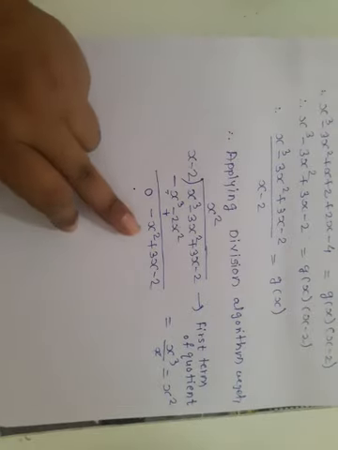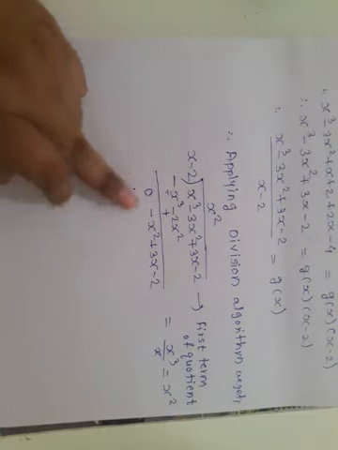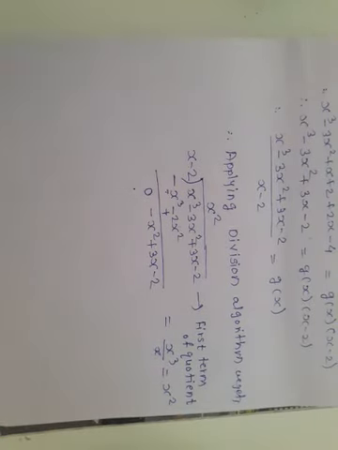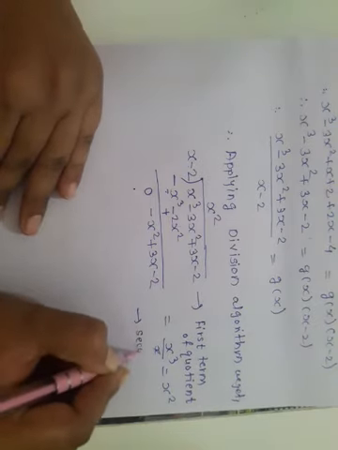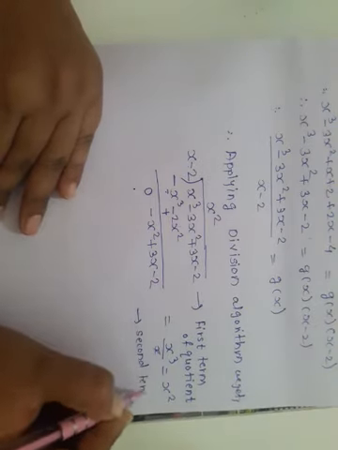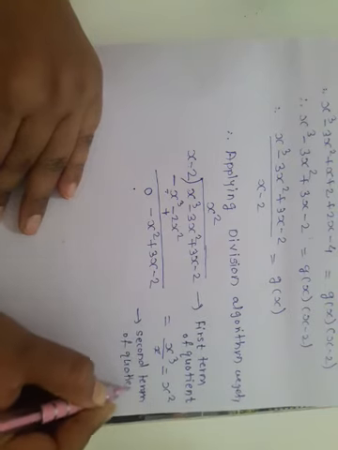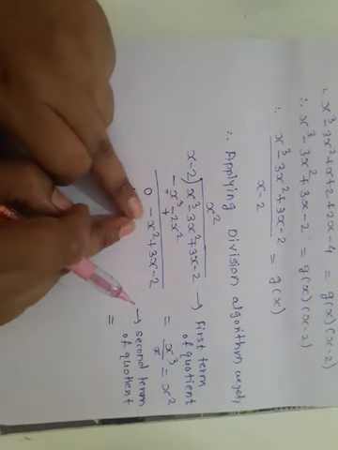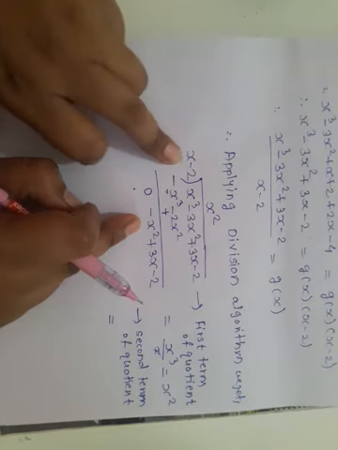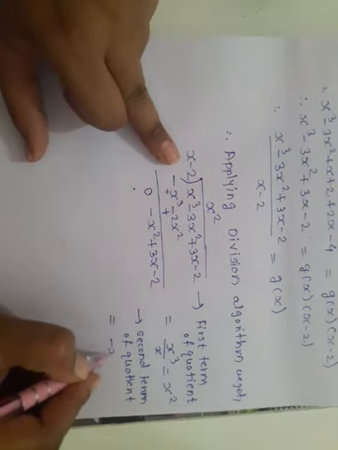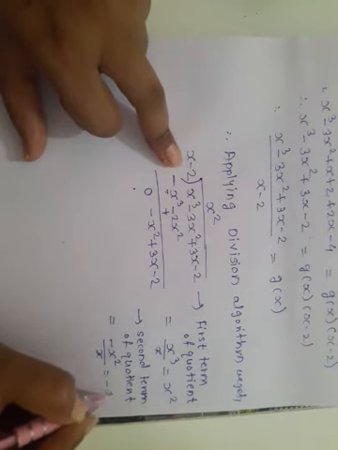Again the degree of this minus x square is not less than the degree of this x, so we have to continue the process. Now for the second term of the quotient, what do we have to do? For the second term, we have to divide the second term of this polynomial by the first term of this g of x. So divide minus x square by this x, we get x, and this x becomes cancelled, only minus x is remaining.